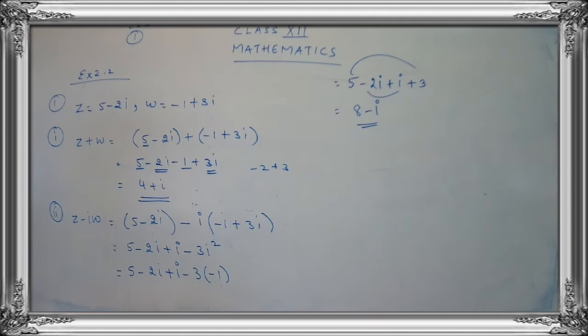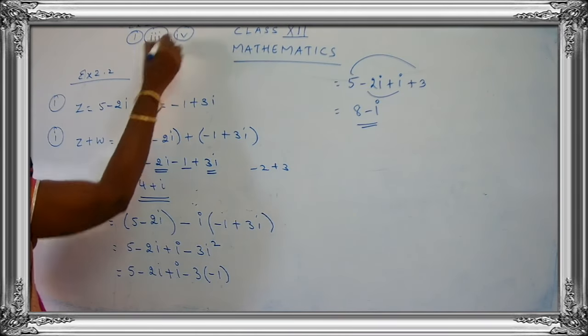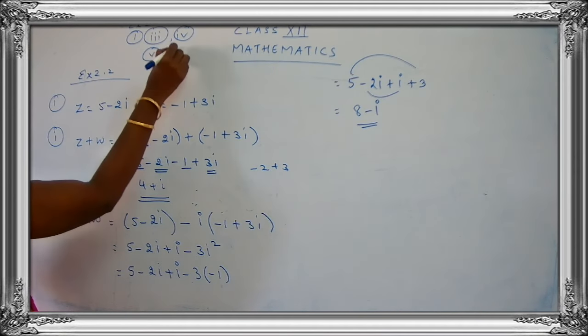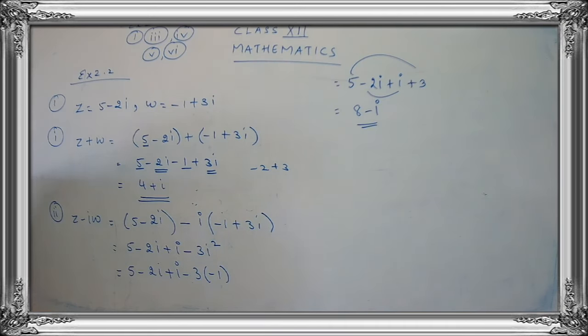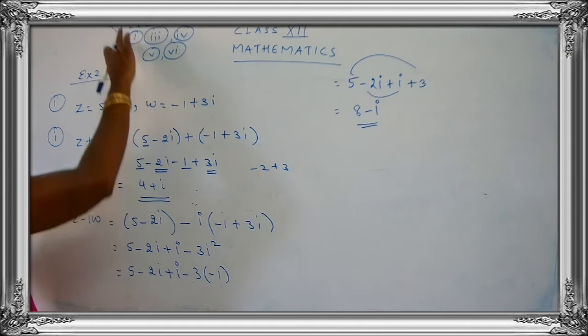Yes, children? Yes, all are shouting yes. I can hear your sound. So this is the third, fourth, fifth and sixth. Totally 4 sums. Yes, children? You can complete the 4 sums. Good. The third subpart, the fourth subpart, the fifth subpart and the sixth subpart is your homework. Good. You can try out. All are eager to complete the sum.